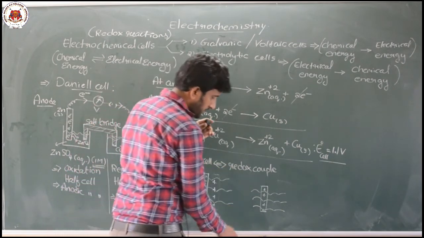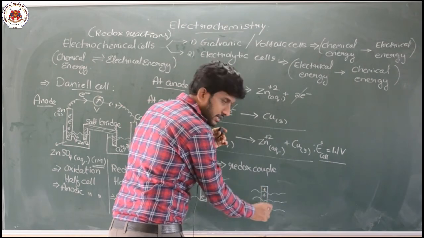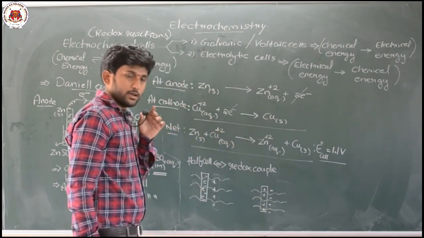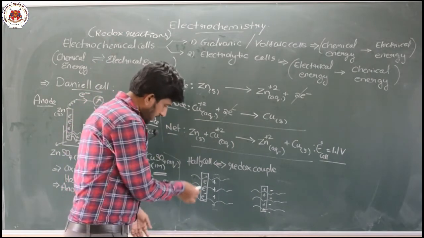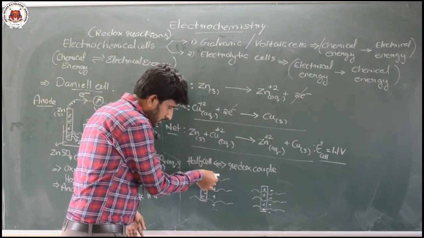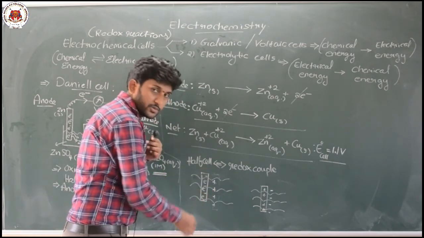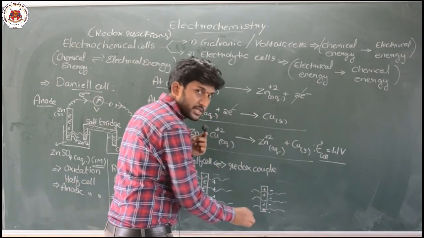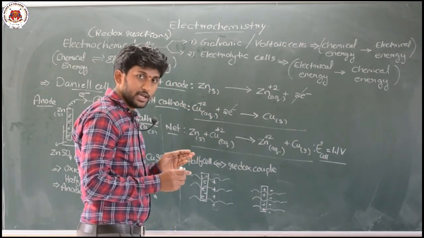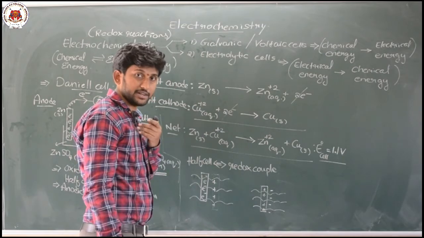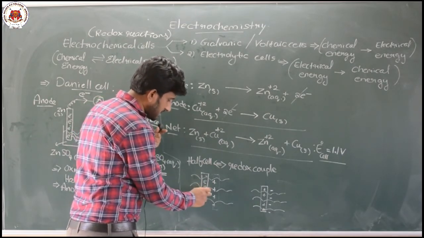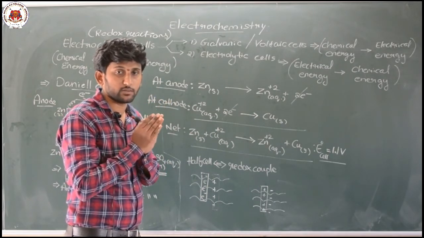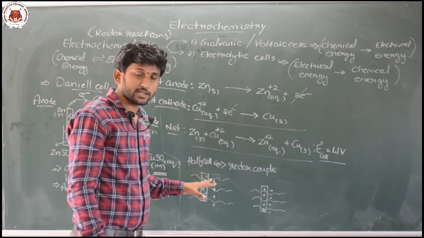Electrons are inside now. So electrons are accumulated in the rod, and positive charges are outside the rod. Similarly, if positive charges are inside the rod, negative charges will be outside the rod. Now you will find that if the rod is negative, the surrounding layer is positive. If the electrode is positive, then the surrounding layer becomes negative. So what is happening here? A potential difference is created, right or not? Negative charges and positive charges. Whenever two opposing charges are adjacent to each other, a potential is generated, right or not?